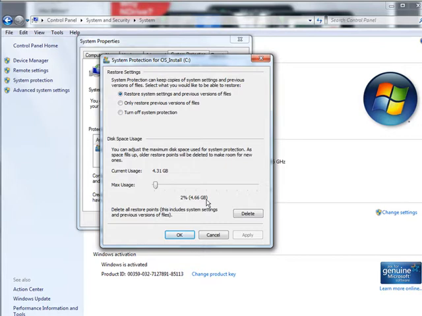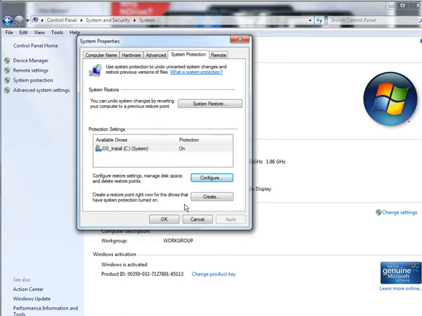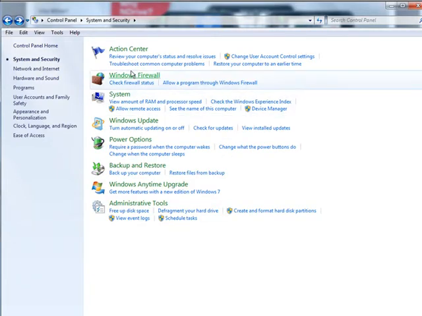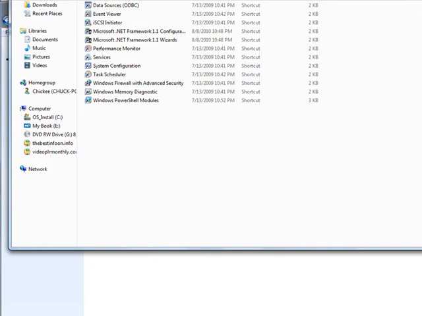Okay, and you only get a couple of restore points with that, but you don't usually want to go back further than that anyway. So once you set that and click OK, then you will retrieve a whole lot of disk space, which will help you with the speed. Okay, those are the first 3 ways. Now the next thing we're going to do, let's go back to the front here. This is a Control Panel System and Security page. Now what we're going to do is go down to Administrative Tools, and this is our last step we're going